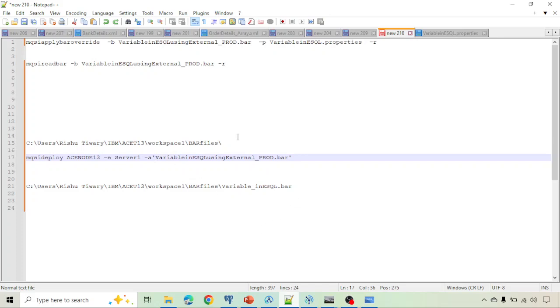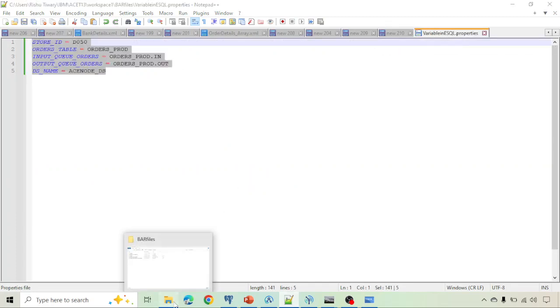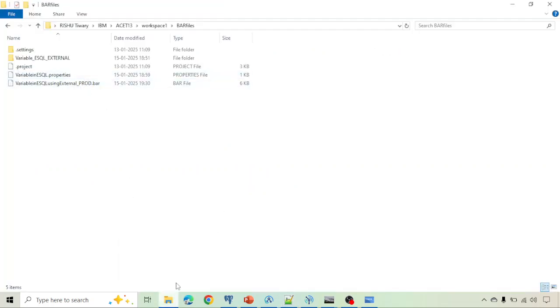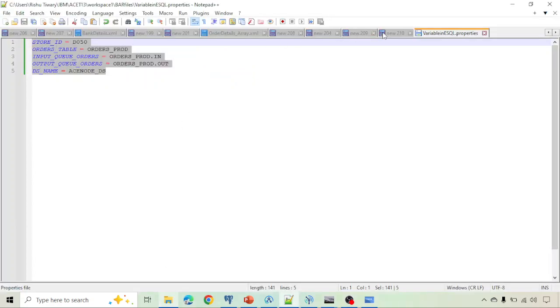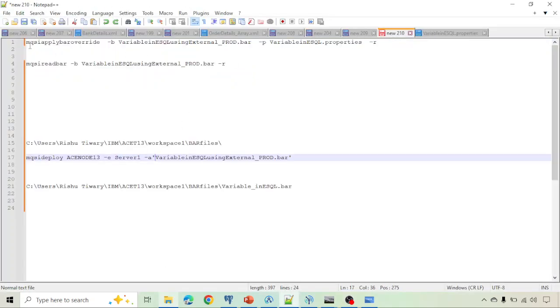Now, what we did is, I saved this property file in the same location where the bar file is present, and I ran mqsiapplybaroverride. With the help of that, what I did: